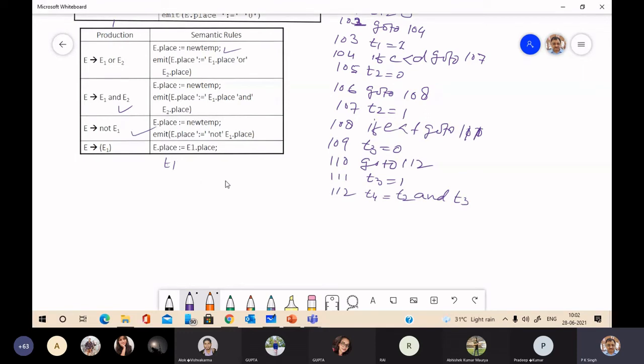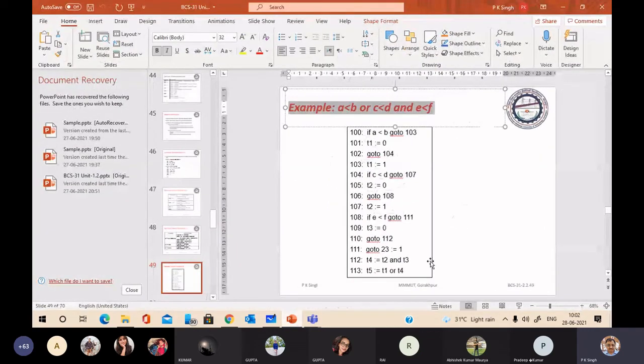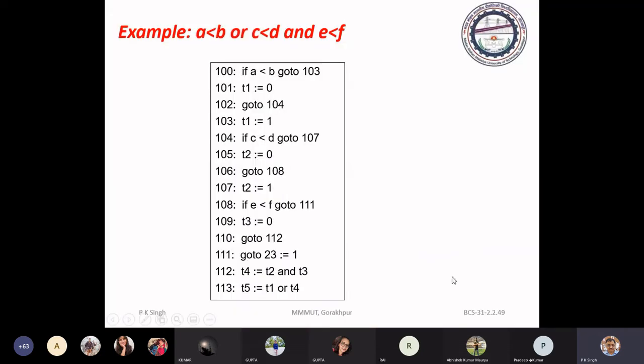So here you just see at 113, a new temporary T5 is T1, the E1 place, OR T4, the E2 place. So this will be the translation. If you see here, you will find the same translation. Okay.